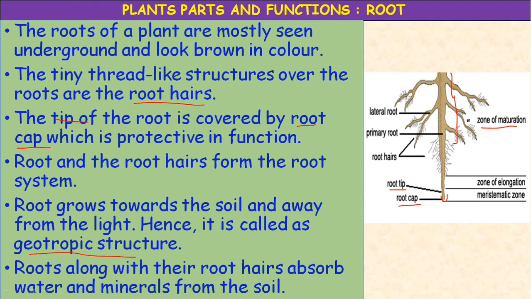Okay, so this is the main root, having root hairs, hair-like structures called root hairs. From the main root, lateral roots develop. Main root is also called primary root, from which lateral roots are the branches, and the root hairs are the small thread-like structures which arise from the outer layer of the roots.